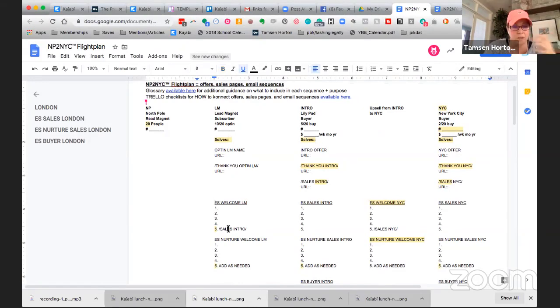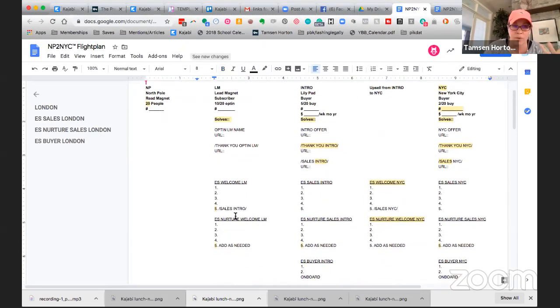But I'm not giving you the opportunity to click to my sales page right off the bat. Depending, that's not a black and white rule. Some people, depending on what you're selling, what the product is, who the people are, you absolutely could have the link to the sales intro, and that's the two brackets with the name in the middle, that just signifies page. Because in Kajabi, we used to have this /p/, which was on all of our URLs. So I've just used that to indicate the URL.